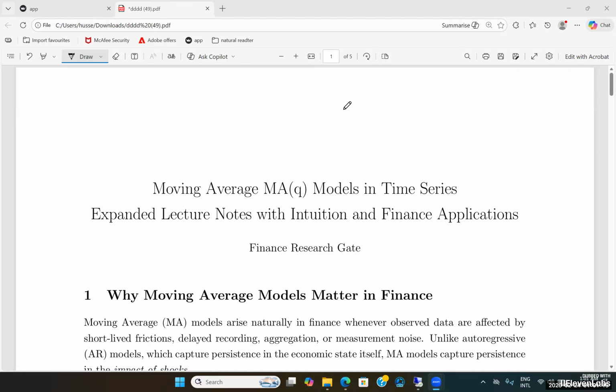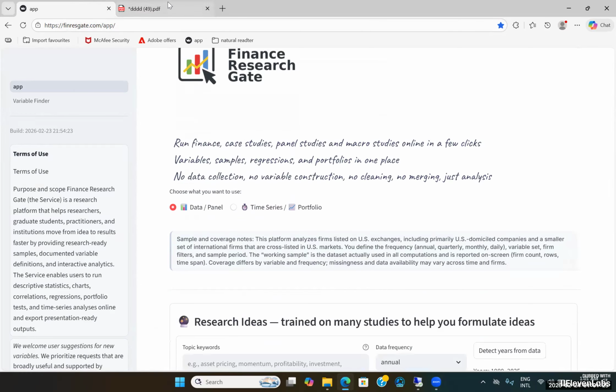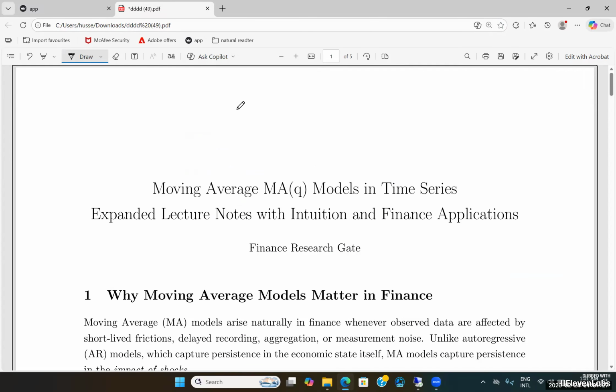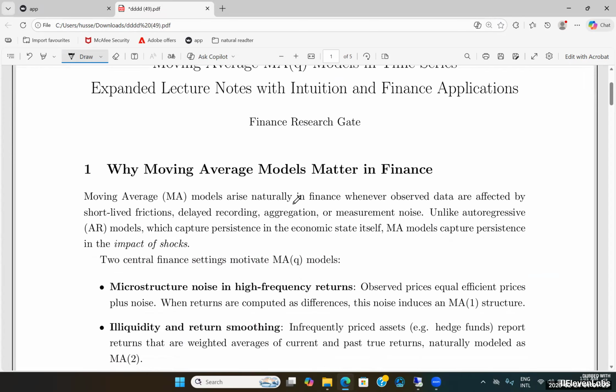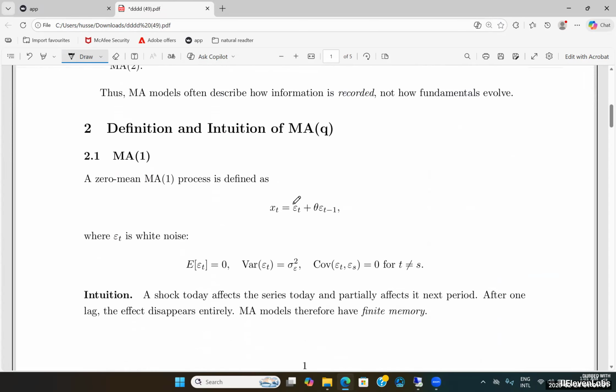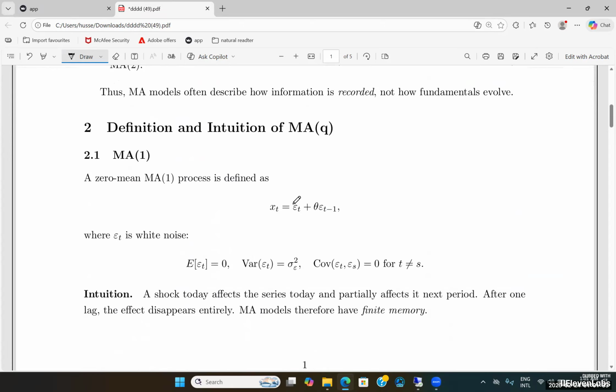Today, we'll be discussing the moving average within the context of time series analysis, drawing information from the Finance ResearchGate website. However, before we proceed, it's crucial to first delve into the fundamental mathematical principles that underpin this technique. So, the moving average model is quite different from the autoregressive model, or AR, that we thoroughly discussed in our